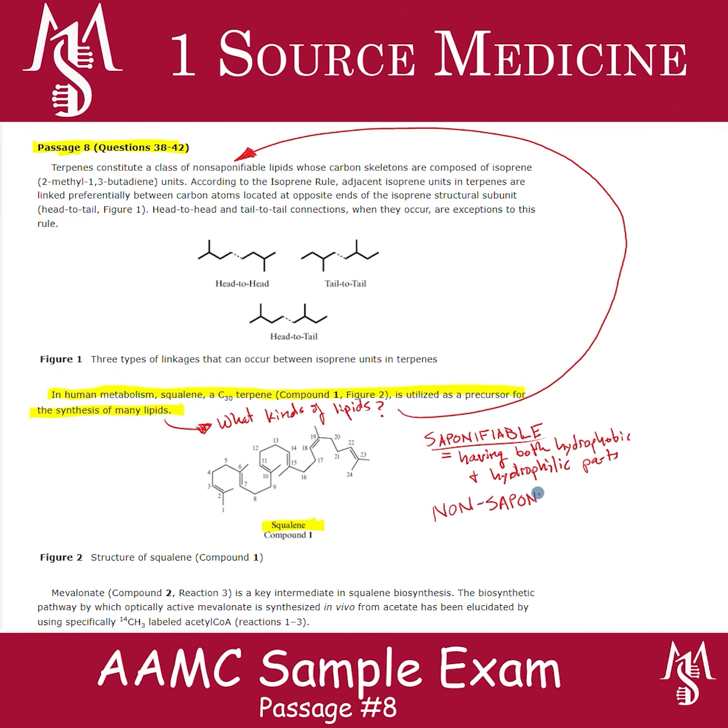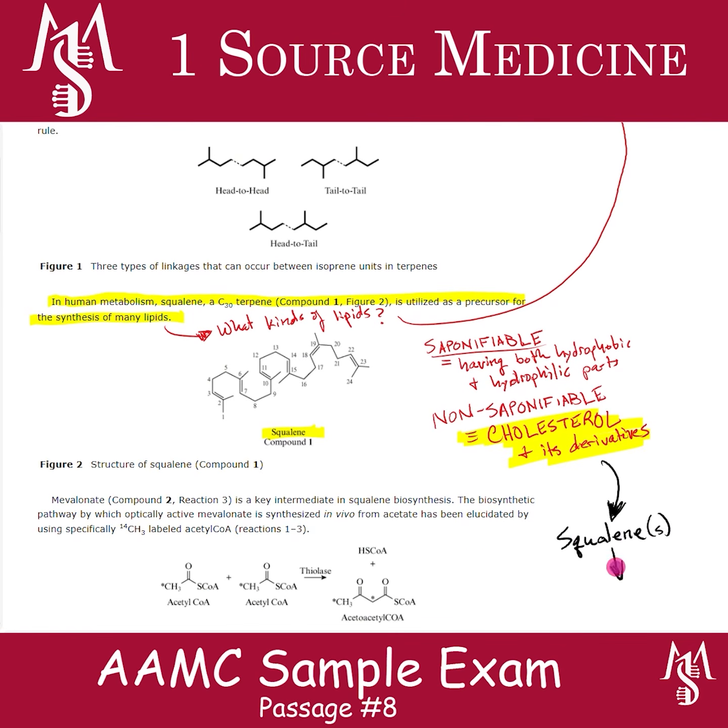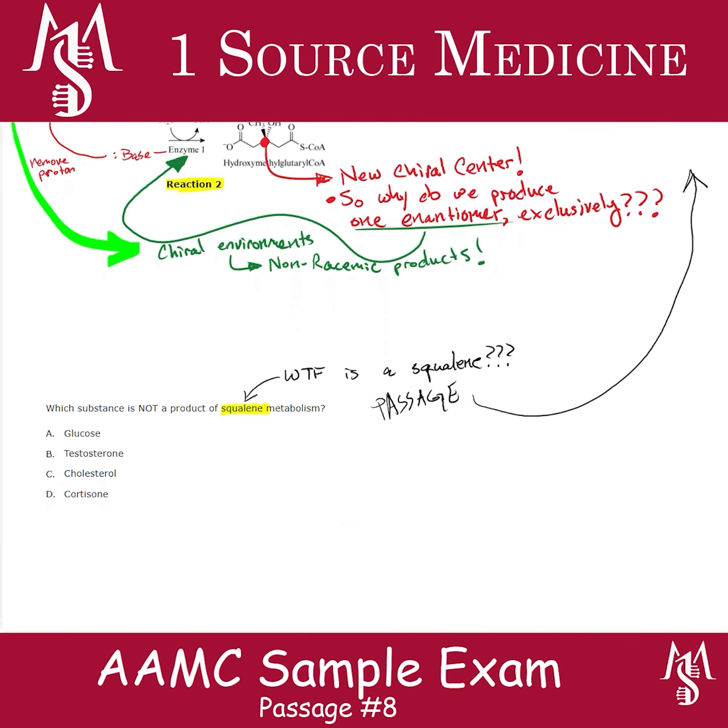Therefore, without so much as a glance at the answer choices, we already know that our correct answer is probably just going to be something that's not made from cholesterol. And upon review of the answer choices, we see that A, glucose, is the only one of these that has nothing to do with cholesterol. Just FYI, testosterone and cortisone, as well as any other small molecule ending in the suffix -one on the MCAT, are going to be steroid hormones, meaning that they are cholesterol derivatives, and cholesterol is, well, itself, so we can go ahead and pick A with a high degree of confidence and move on to the next passage to be